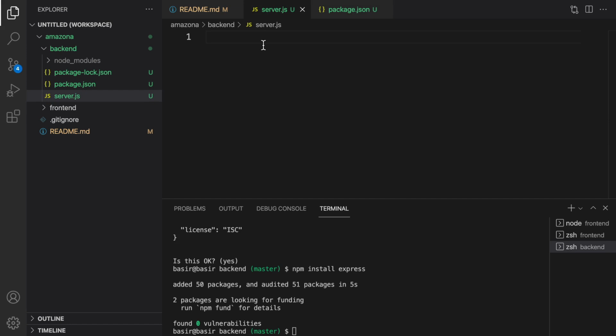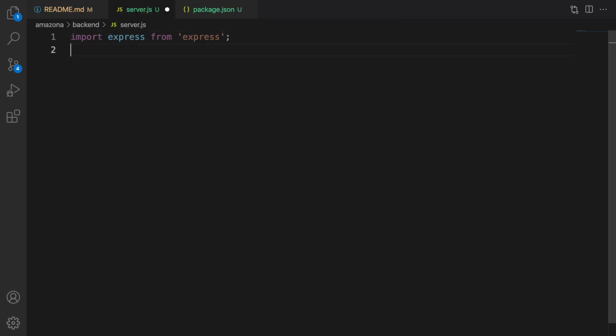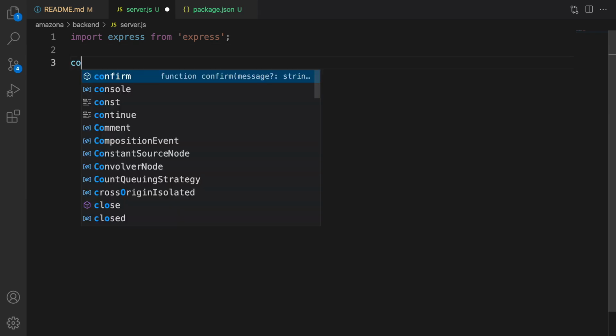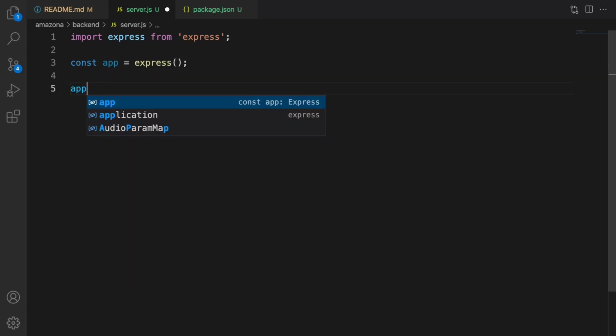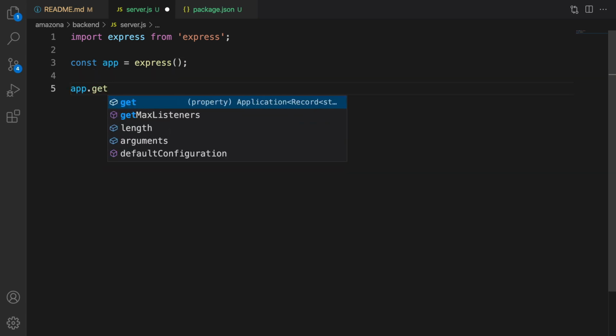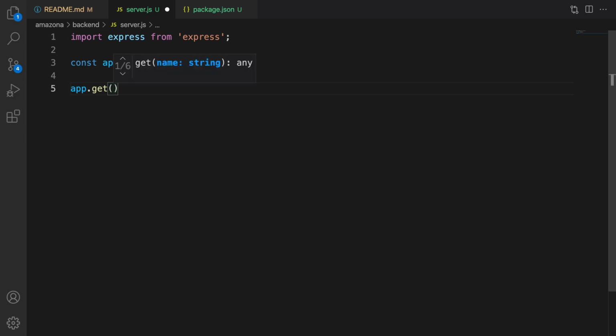Now that we have Express, it's time to import it. Import express from express. The next line is gonna be creating the Express app. Define app equal to express. Express is a function, just call it to return an object, which is the Express app. This object has a method named get, and this method has two parameters. The URL that we are going to serve,